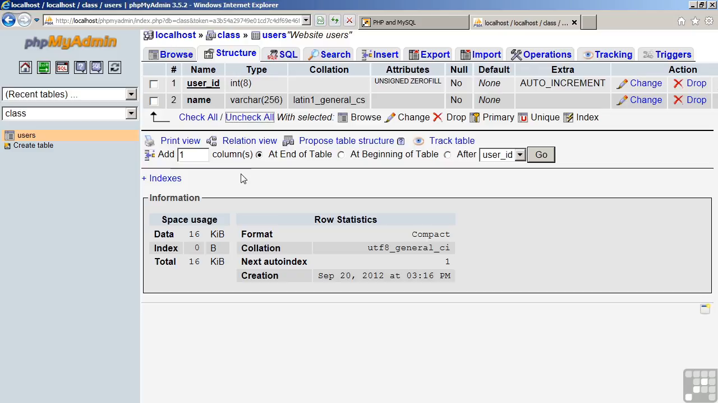In addition, there's a facility for adding columns. We can add a column after a specific field. So for example, after user ID, we could insert a new column, or we could insert columns at the end of the table or at the beginning of a table. Assuming now that we're going to be adding 5 columns at the end of the table, we click on the